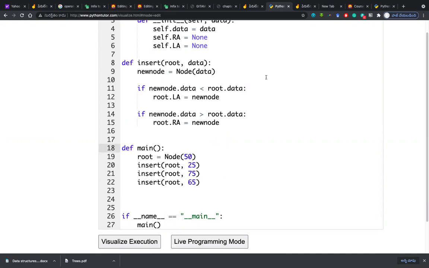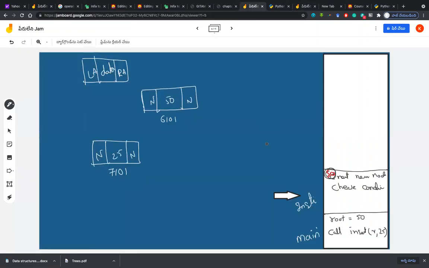Now we are going for go left and go right. Now let's see what will happen in this case. We checked the condition. Which condition is satisfied? Should I place left or place right? Left, sir. Okay, left. So I will say place left. Simple. You can rub out the none, put down 7101 here and connect it. Okay, fine. We have connected it.